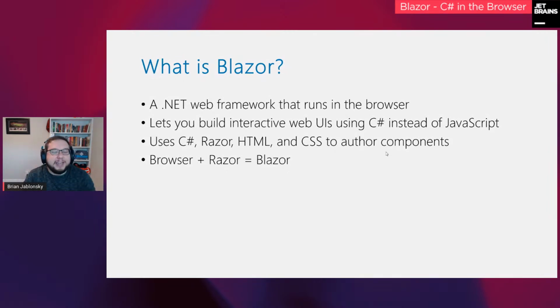There is some JavaScript that ends up getting used, but that's all done for you in the background. You've got some JavaScript interop. All of your code is basically going to be done in C# and Razor. So if you're used to doing that with Razor Pages or MVC and with traditional .NET Framework, you're going to have all the tool sets that you need to be able to develop Blazor applications. So it uses C# and HTML and Razor and CSS to author these components. And web components are a building block of a lot of what the web is today, with React and Angular. And so the name Blazor came out of this nomenclature of the browser plus Razor, Blazor.